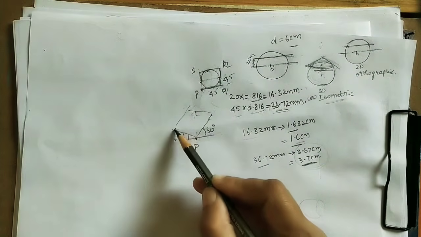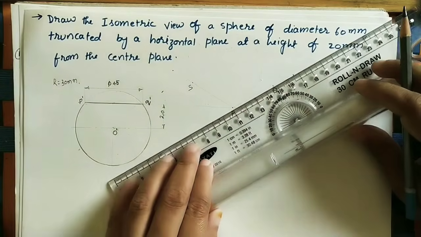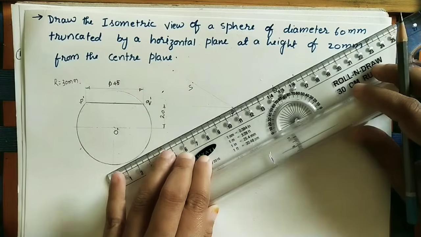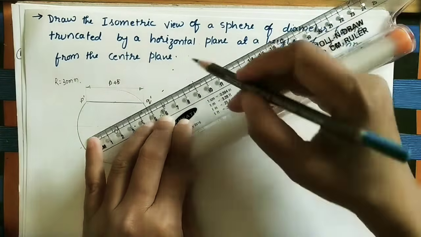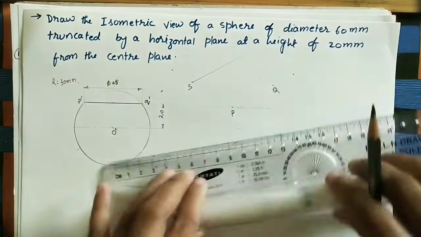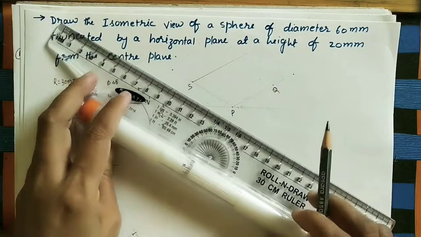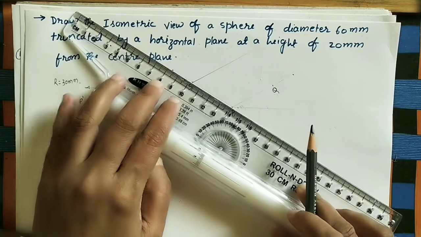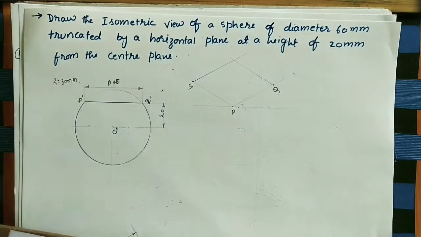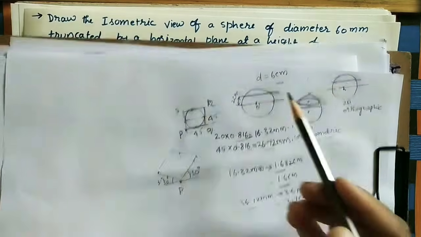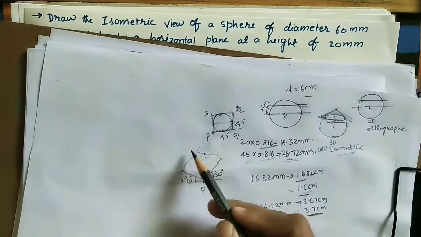Now here at S do a line parallel to this. Keep the drafter scale fixed to this line, coinciding with this line. I am using a roller scale here. Move the scale to S, do a line of some length. And similarly for closing this, do a line parallel to this. Take this as the reference line, move the scale to Q, do the line. We can give this point the name R. So we got the rhombus here.